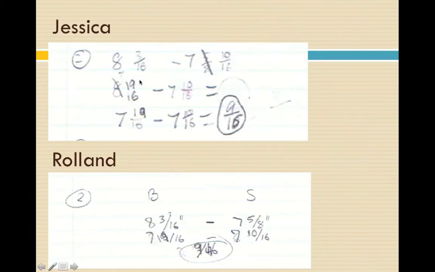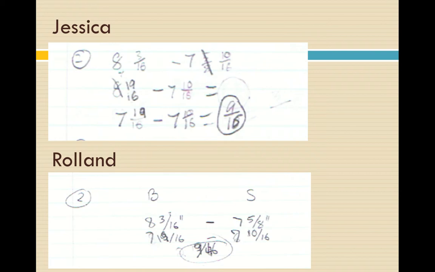Now, Jessica here first wrote down 8 3/16 take away 7 5/8, in which she changed 5/8 to 10/16. And then here she borrowed from the whole number 8 and made it into 19/16, and was able to subtract it and come up with the answer 9/16. As you can see, Roland, the adult student, didn't take that many steps, but he still came to the same